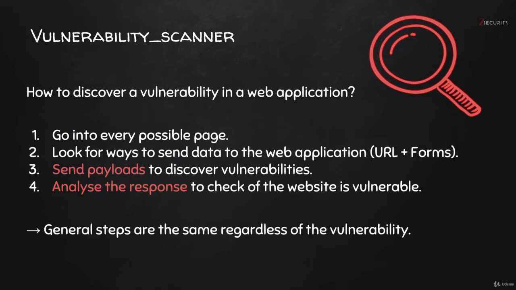See, the general steps to discover any vulnerability, regardless of what it is: first of all, you need to make a sitemap. So you need to go into every possible page, and we've built something that can do that. We need to analyze this page and extract the URLs and the forms. And then we have two very important steps. The first one is to send payloads to discover the vulnerability. And the next important step is to analyze the response that we got after sending the payload